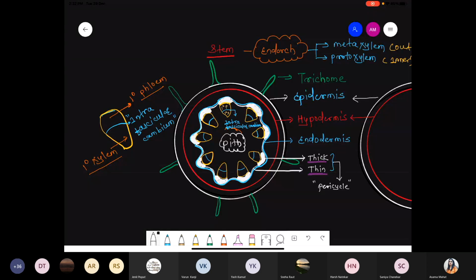Pericycles, basically these are of two types: thick pericycle as well as the thin pericycle. Thick as well as the thin. Two types of the cells are present, and collectively they are called the pericycle. The thick layer of the pericycle gets associated on that vascular bundle. There is a presence of the vascular bundle, and we are talking about the dicot stem. So ultimately, open vascular bundle is present. Okay, open vascular bundle is present.